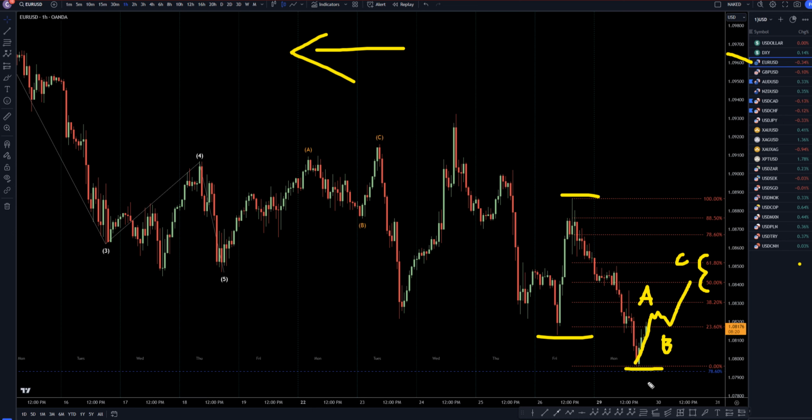Depending on what you are, if you are a scalper, you could definitely be looking for longs, scalping to the long side. But I do think at some point it is going to make an ABC correction. We're probably going to get a Fibonacci bounce, nice bearish engulfing move to the downside. And when I see that, that is definitely going to be the entry that I'm looking for the continuation of